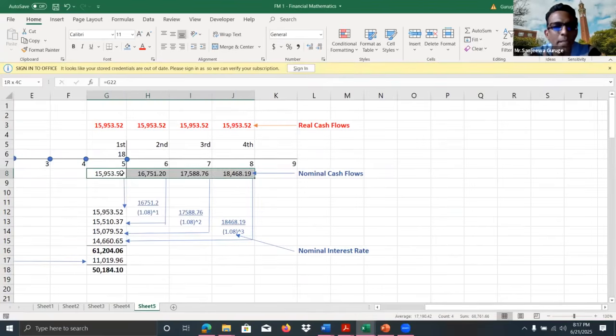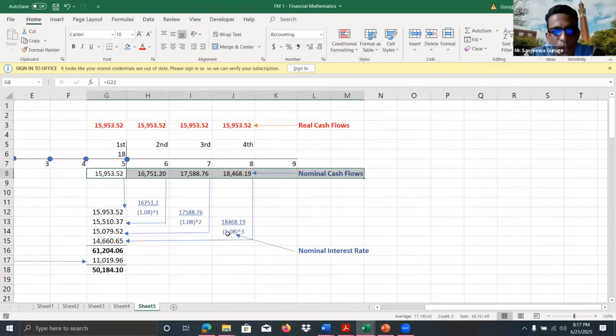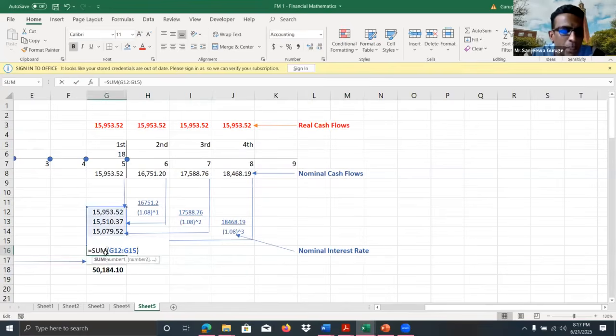Now, in this case, these are the nominal cash flows. This question relates to university payments, and university fees change with inflation, maybe applicable for a project. If this is the cash flow without adjusting for inflation, it is real. But if we include the inflation and estimate the cash flow, it is nominal. And if the nominal rate is given, nominal cash flows can be used with the nominal rate and we can calculate the present value. Here we get the present value of this amount.